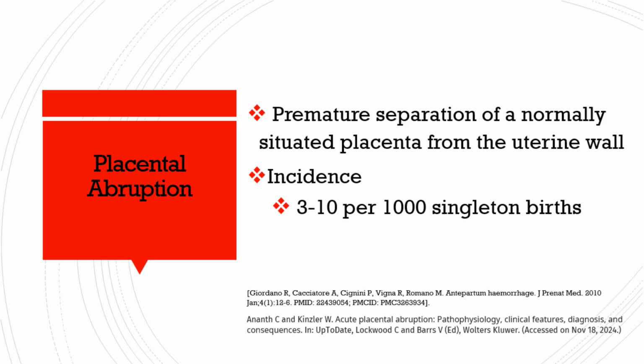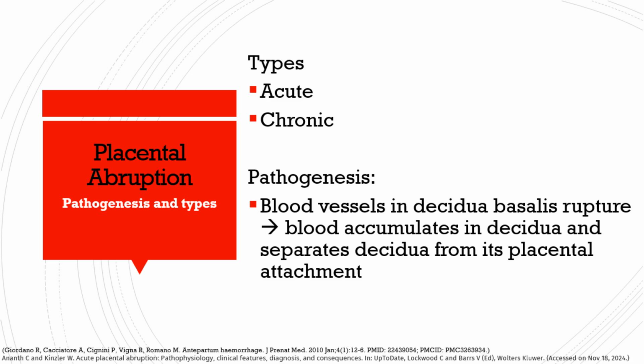Placental abruption occurs when the placenta detaches from the uterine wall at or after 20 weeks of gestation. The condition can cause severe maternal hemorrhage and poses risks to fetal well-being, making it a critical obstetric emergency. It is estimated to occur in 3 to 10 per 1,000 singleton births. Placental abruption may be acute or chronic. Patients with chronic abruption experience relatively light, chronic, intermittent bleeding. Patients with an acute abruption present with the abrupt onset of vaginal bleeding, mild to moderate abdominal pain, and uterine